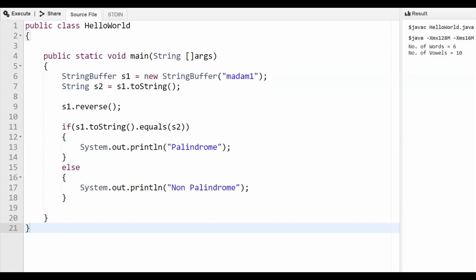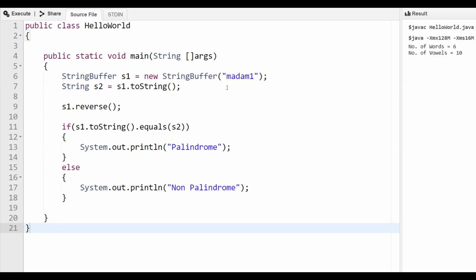But what many of you have done is take it character by character and append it to form a reverse, just how you would have done in your first year C programming. So that is not expected.